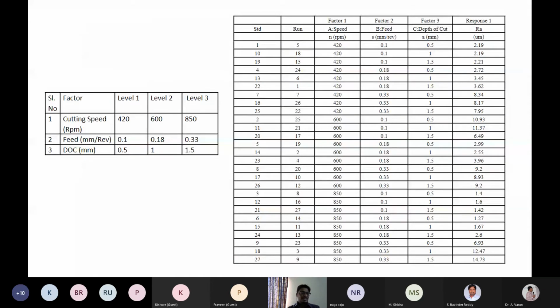Now let us take one more example of the machining part. When I was speaking about machining, most of the mechanical people have joined this STTP, I hope around 70% of them are mechanical. So without giving one example of mechanical, it wouldn't be complete. From the literature we got this 420. Actually, I have taken it in RPM, but it should be in meters per minute, feed and depth of cut.